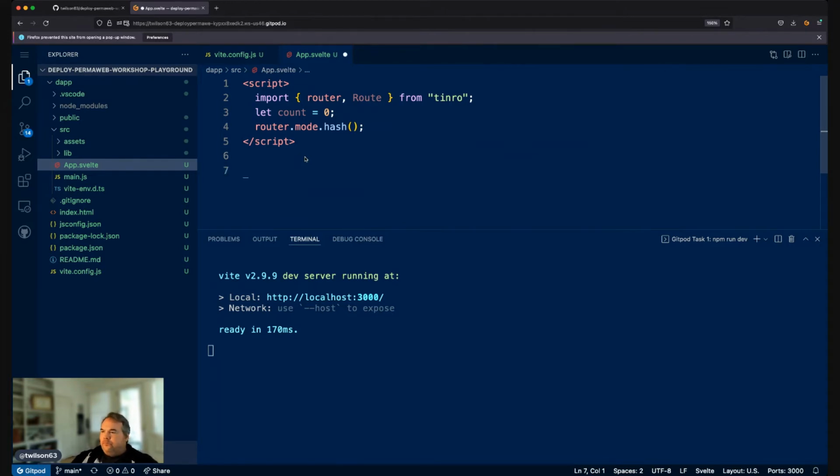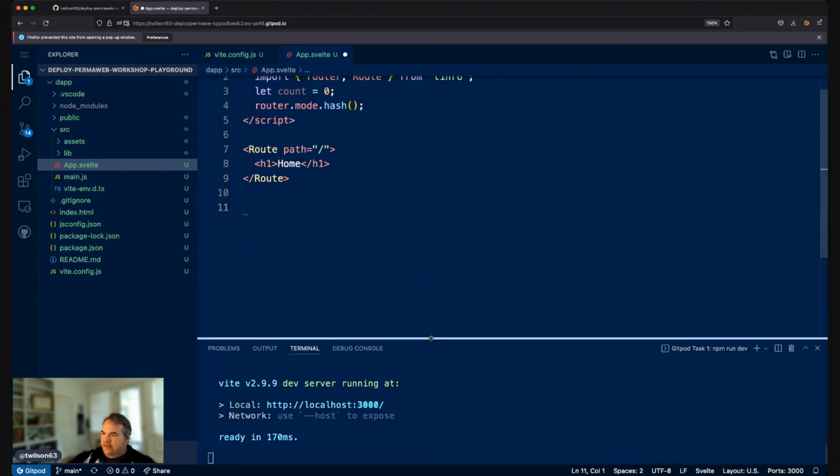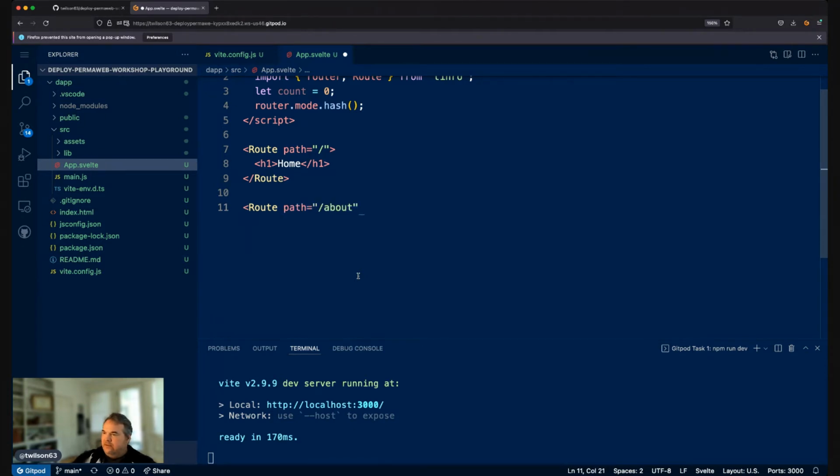Now, we're going to have two routes. We're going to have a home route and we're going to have an about route. So we do that with the route component and we give it a path attribute, and then anything we put in here will be our home route. We could include a component from a file, or we can just type in some components here. And then the same thing we're going to do is create an about route. So we'll say path equals /about, and we can just say about,